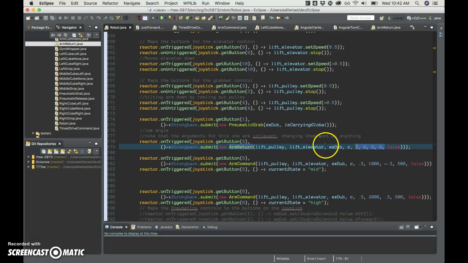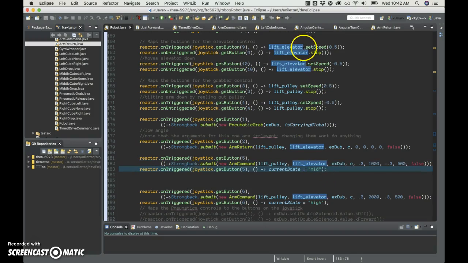So this can be cleaned up, because all it does is query where the current state is, and it will lower the arm based on how much time it needs. We'll need to manually adjust that. We'll need to test it to see if it's overextending or not lowering enough from the mid or high position. We need to fine tune it so that arm return, no matter what the position is, will be accurate. Now the problem